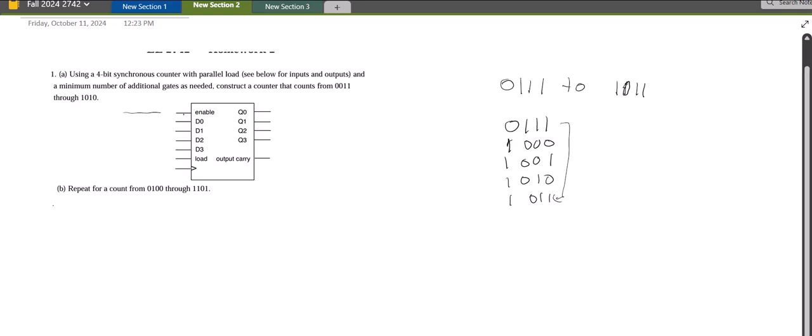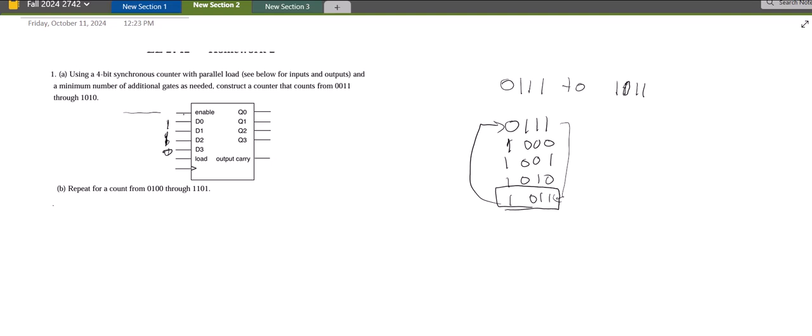And when it gets here, we want it to go back to here. So let's see. We would load 1, 0, 0, 1, 1, 1, and we're trying to detect when we get here. So what's going to be true when we get here? Well, when we get here, this is going to be the first time that we have